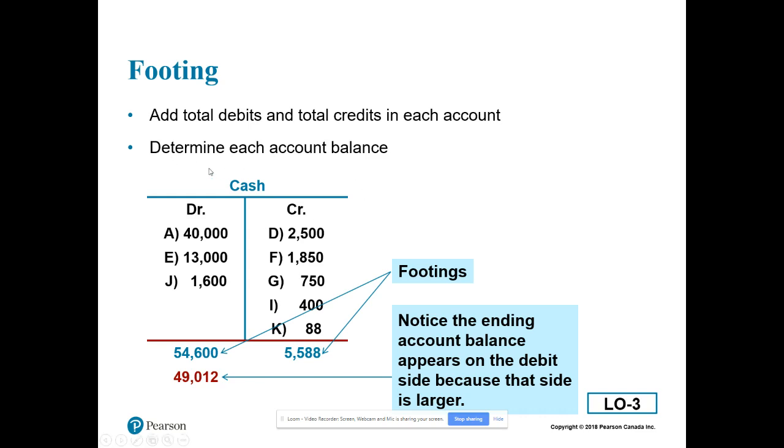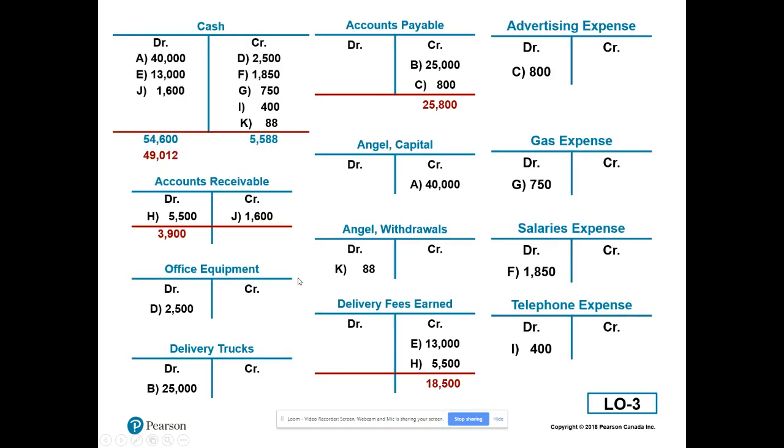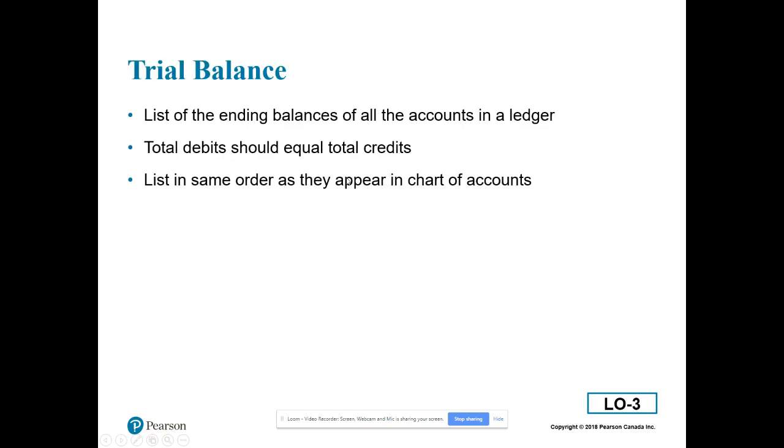So you could roll the dice and say, okay, I'm just going to do this part, foot the debits and credits, and figure out the balance. So I go through all the different accounts, I do the footings, I figure out the balances. Okay, I'm just going to roll the dice and not add up all my debits and credits this time. So the way I can find out if everything's in balance in my ledger is I run a trial balance. So the trial balance is like a test